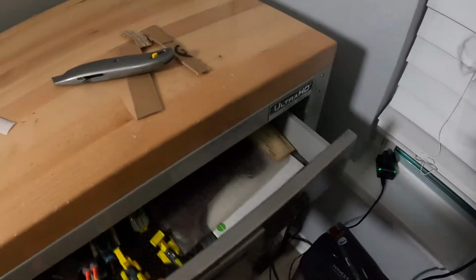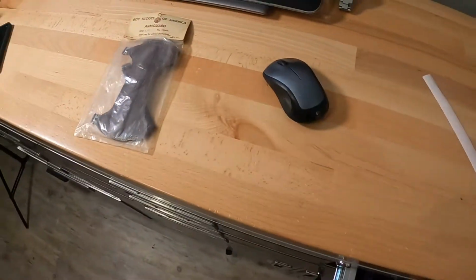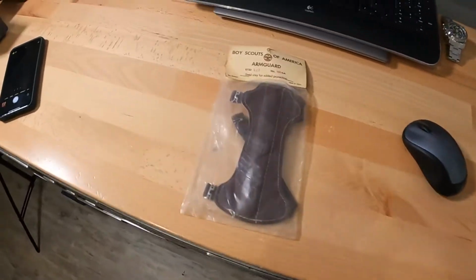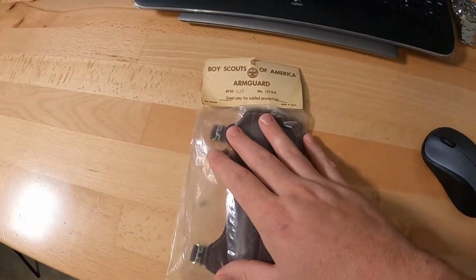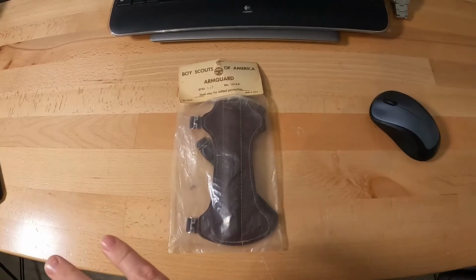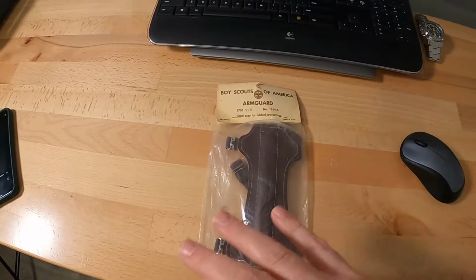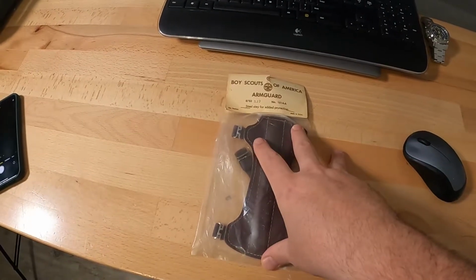So we'll go ahead and get that shipped out. All right, guys, so the next thing that sold was a vintage Ben Pearson leather arm guard from the Boy Scouts of America. It's actually in this drawer right here. Pretty cool. It's from the 60s. I bought this with a bunch of Boy Scouts of America stuff that we purchased at an estate sale. I purchased probably over 1,000 patches and other pins and all kinds of cool stuff from the 60s, 70s, and